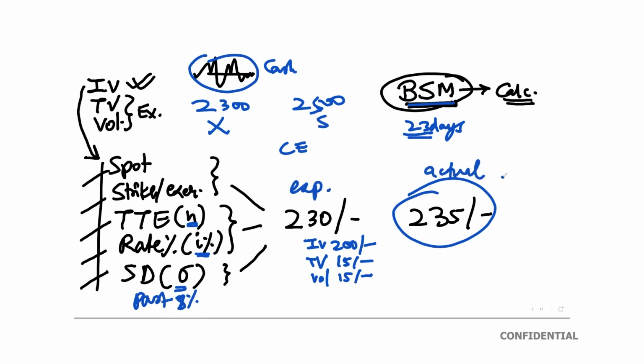So the actual price of this call, which is basically the premium I'm calling. Price of a call means the premium, the value. This is the value in my eyes, whereas this is the intrinsic value, this is the time value, this is the volatility. And this is the actual price of that call, or the premium.